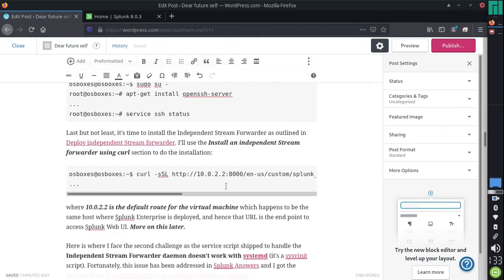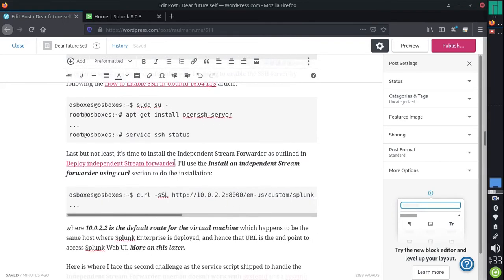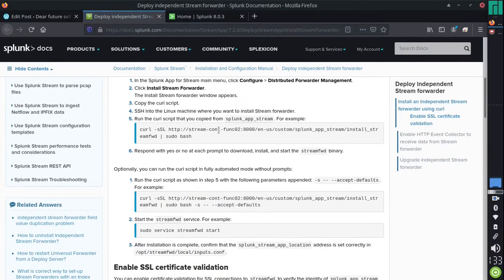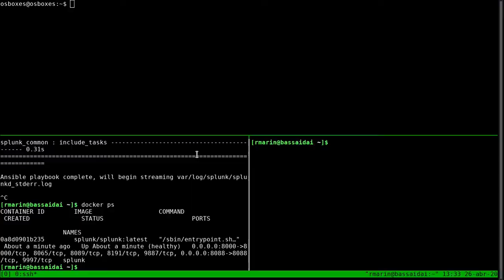So the next thing in the virtual machine: we have the virtual machine up and running, the network is working, we have the SSH server, and the next thing we are going to do is to install the independent stream forwarder. If you go to the documentation, this is the documentation to deploy the independent stream forwarder, and this is actually what we are doing, replacing the host name with the Splunk Enterprise IP address. Remember that the Splunk Enterprise IP address is going to be the default route for the virtual machine, which is 10.0.2.2. So if I copy this and I go back